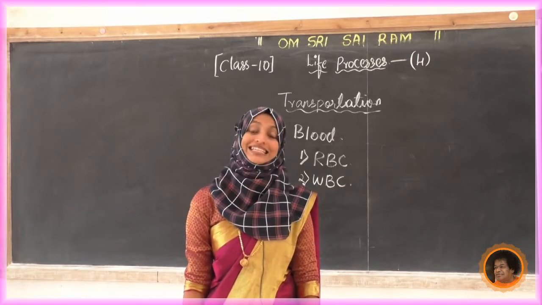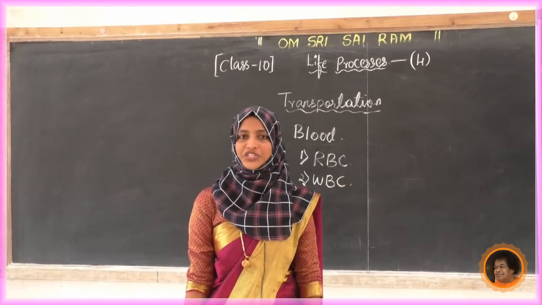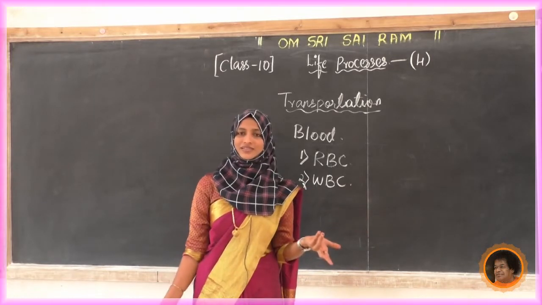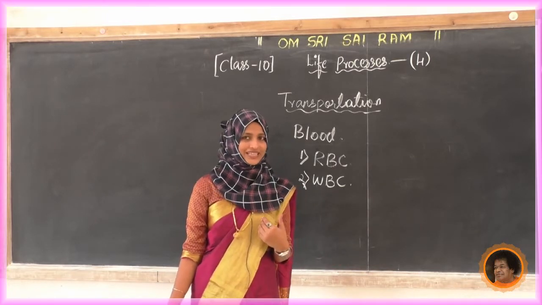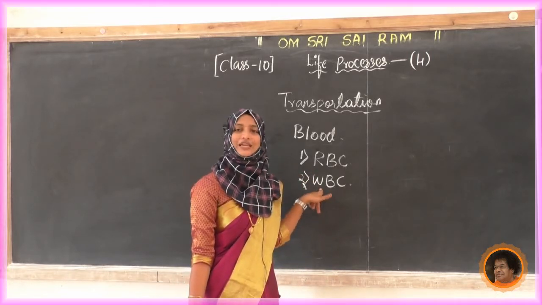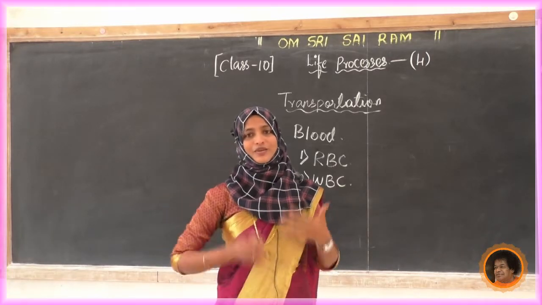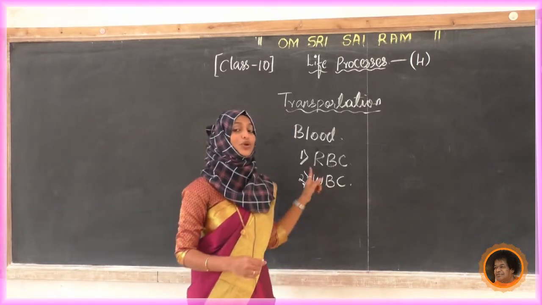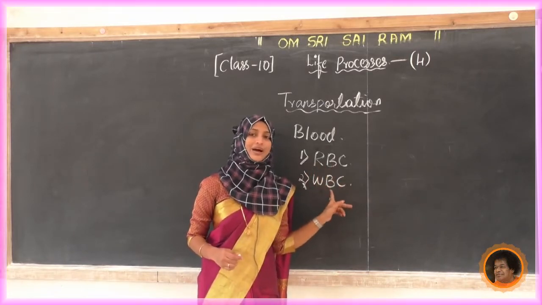Yes. We know that it is the immunity system for us. So if we have a deficiency of this, what will happen? We will get diseases soon. Virus or any bacteria, any germs, may attack us very easily, because it is an immunity system for us. If we have a constant number of these WBC, means we are fit. We won't get any disease soon. So it is going to fight against the disease. It is going to fight against the microbes.